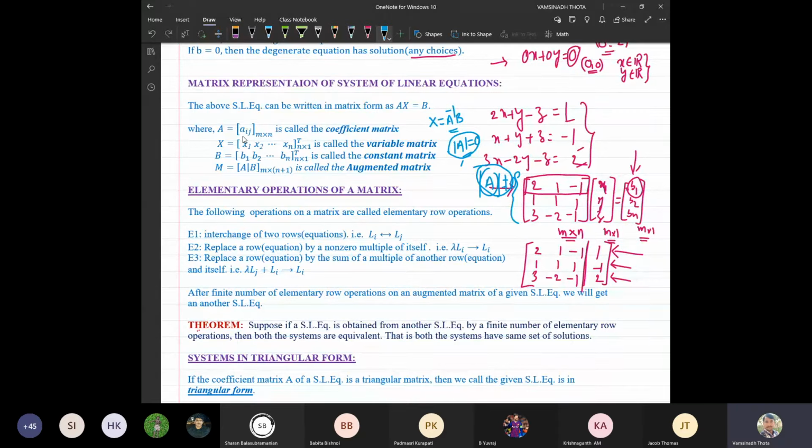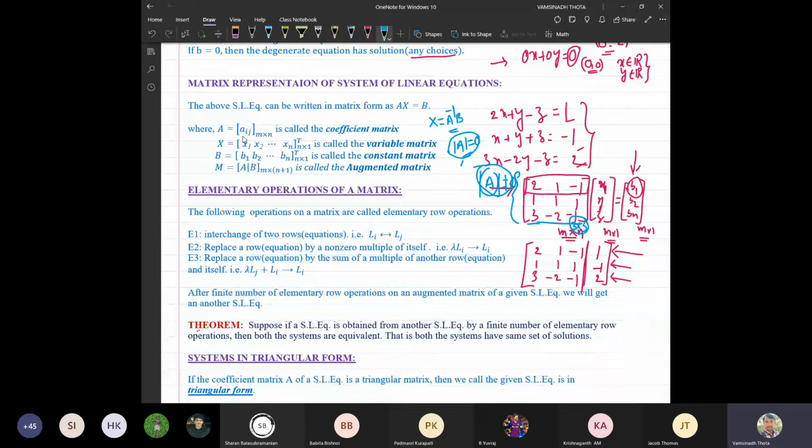Now another thing is, when we have a square system, for example here we have a square system that is 3 by 3, there is at least a possibility to check the inverse method, because it is a square matrix. Since it is a square matrix, we can check the determinant, and if the determinant is non-zero, then we can find the solution easily. That is one advantage of what we have done.